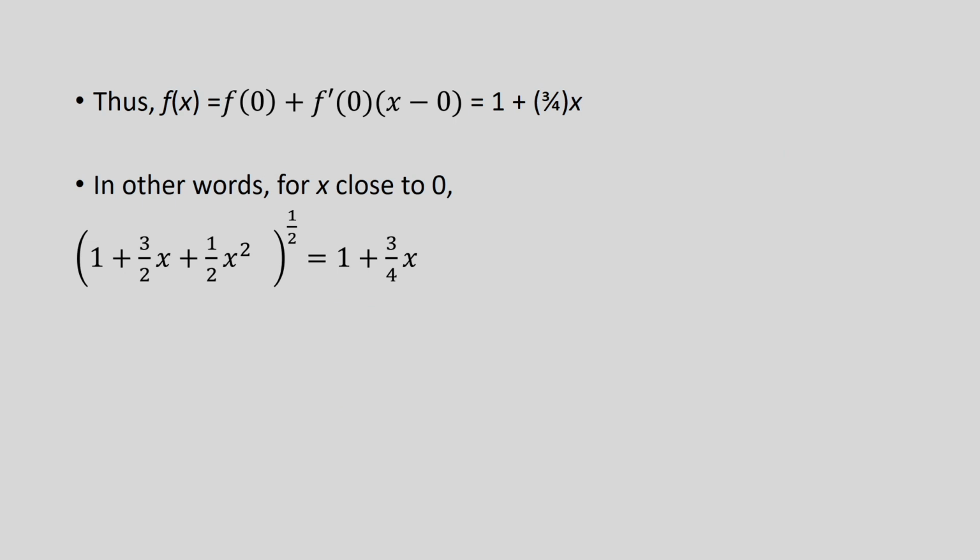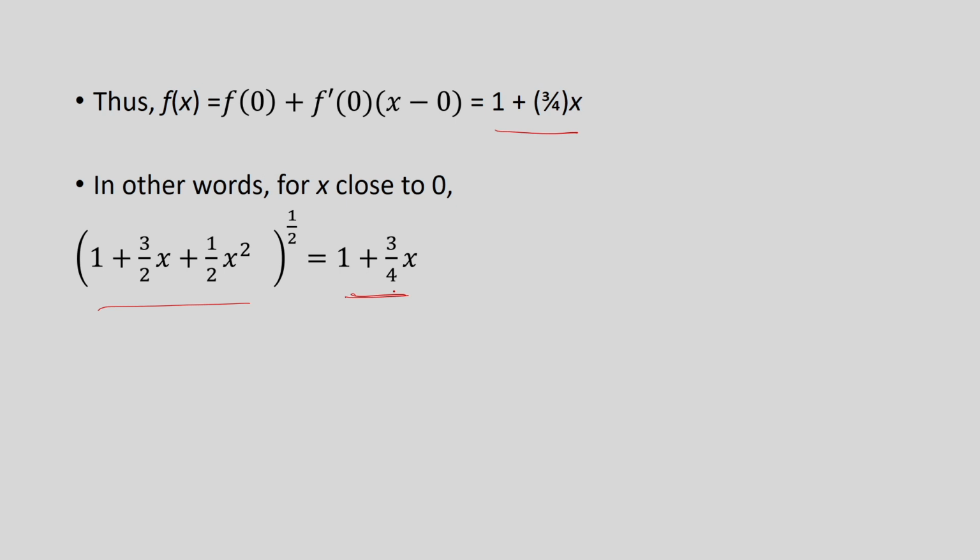So, f(x) is equal to f(0), which is 1, plus f'(0), which is 3 divided by 4, multiplied by this x term. So, this is the particular expression that I needed to find out. In other words, if x is very close to 0, remember we are approximating around the point 0. So, therefore, if x is close to the point 0, then this function can be approximated by this particular form,